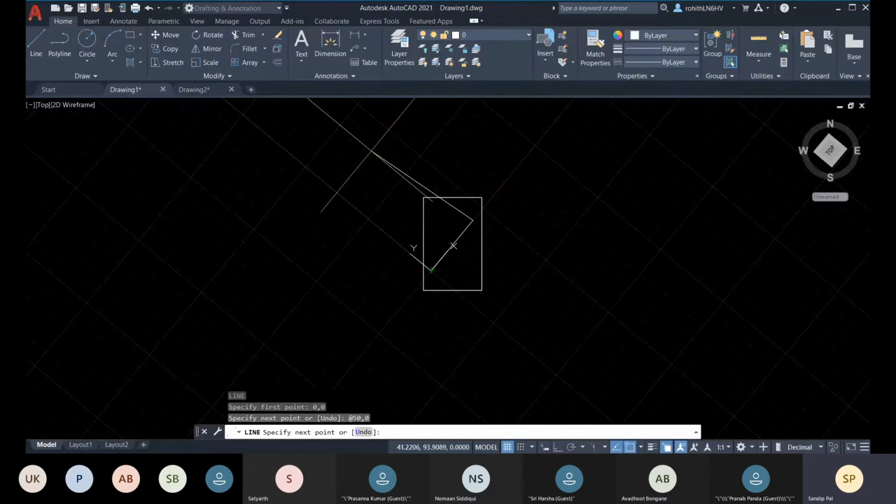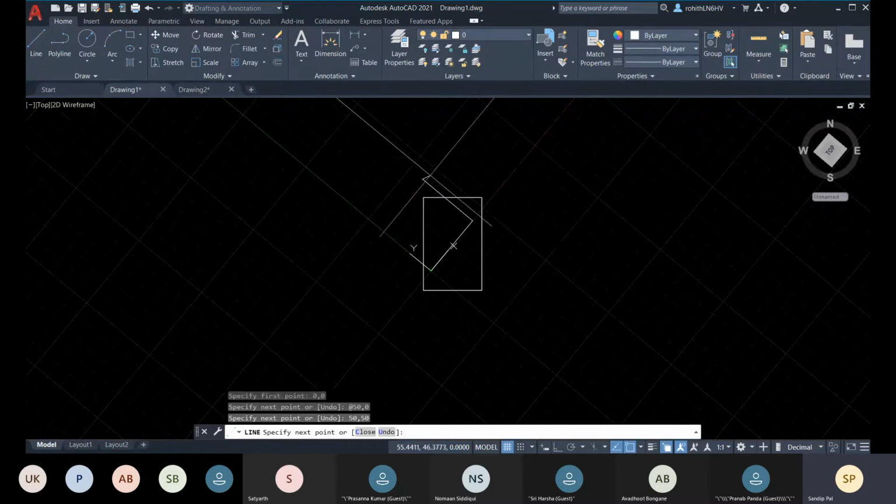I'm going to place 50 comma 50. It is going to be calculated from the UCS origin. So 50 comma 50, and press enter.